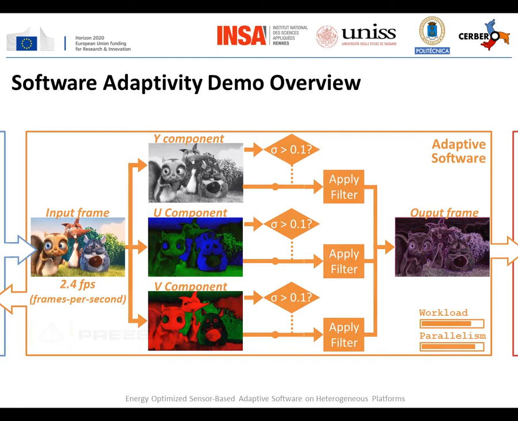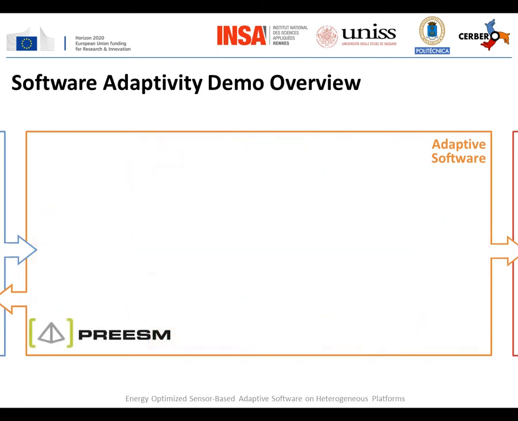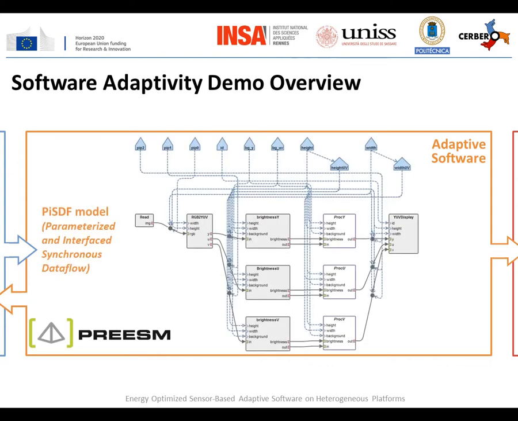The adaptive software of this demonstration has been designed using the Preesm rapid prototyping framework from INSA-Rennes. The PiSDF model, which is a short name for the Parameterized and Interfaced Synchronous Dataflow Model of Computation, is used for the specification of applications in the Preesm framework. As shown in this graph, which specifies the adaptive software of our demonstration, a PiSDF graph consists of computational blocks called actors, represented by the gray rectangles, that exchange data on a set of first-in first-out queues, represented by gray arrows. A set of parameters, represented by blue pentagons in the upper part of the graph, influence the behavior